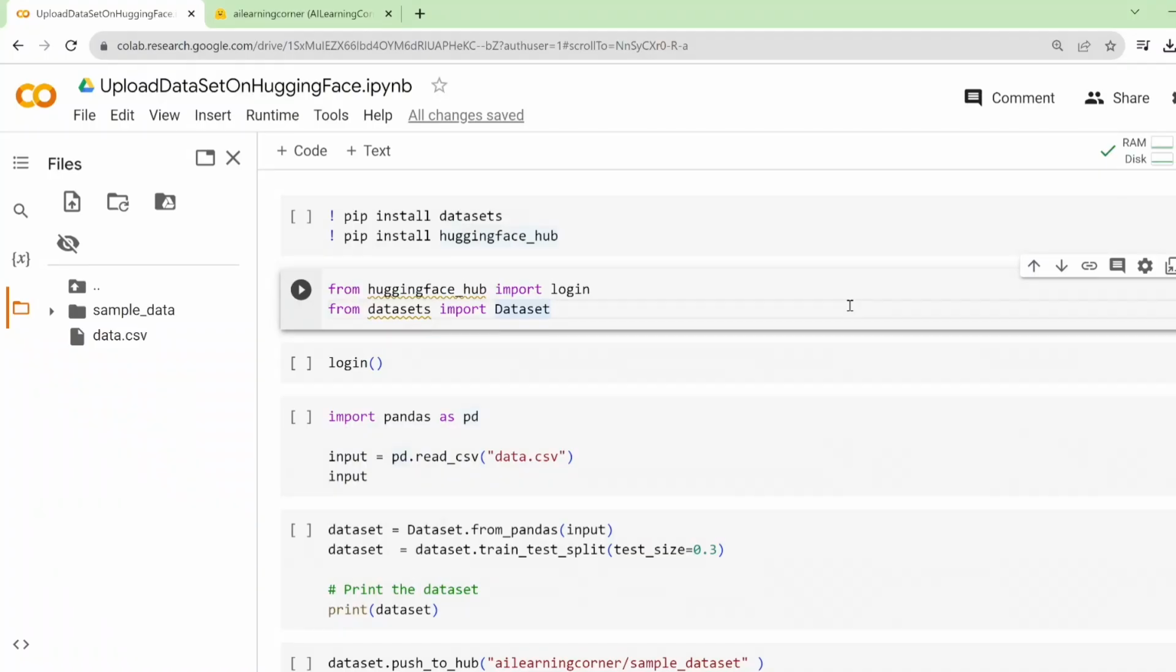So let's do something very interesting, which is quite common and quite useful when you're doing machine learning or training any model. Today we are going to learn how we can upload a dataset on Hugging Face. We all know that Hugging Face is quite popular nowadays for storing different kinds of models that you can fetch, but you can also store a dataset, which you can later use for fine tuning